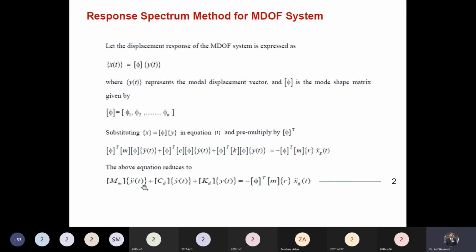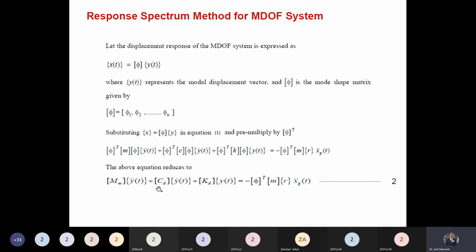Divide the first term. What answer will you get? The mass matrix, this term divided by the mass matrix. Will 1 come? Yes sir, unit vector. Is that clear? So the unit vector will come here. We have to divide this expression throughout by the mass matrix. Here you will have M. M divided by M, it will be 1.